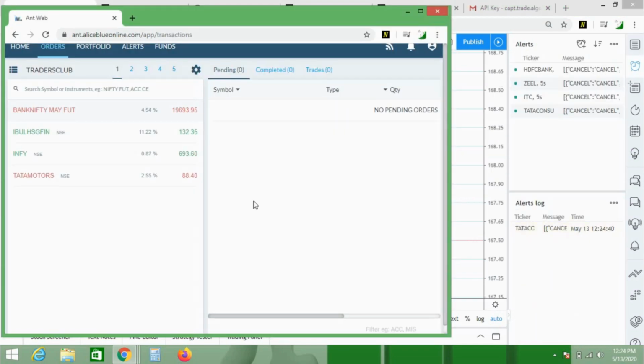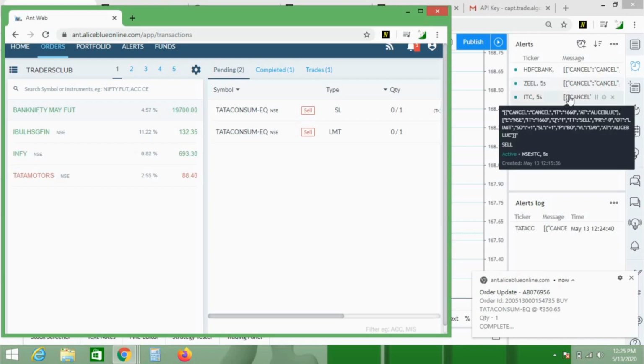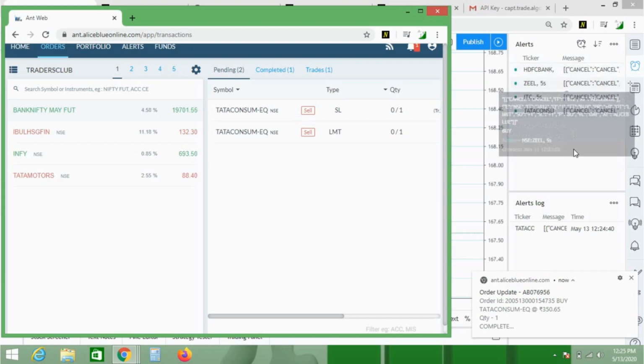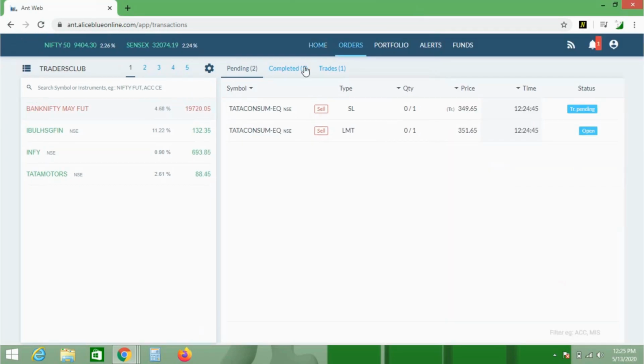Hi friends, as you can see now Tata Consumers have triggered an alert, and also if you notice over here I added a few more alerts like HDFC Bank, SAIL and ITC because I wanted some alerts to trigger quickly so that I can show in the real market how this algo works. And the process I am not explaining here because it's the same as what we did for Tata Consumers. And down over here, if you see, Tata Consumers alert got triggered at 12:24:40, and let's see how fast our bot placed an order in the live market.